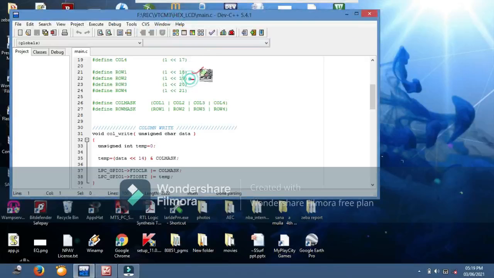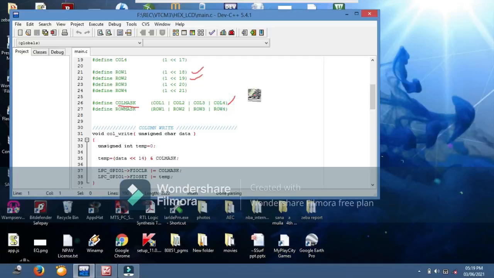For the rows, the 18th bit is 1, remaining bits are 0 for row 1; similarly row 2, row 3, row 4 use the 19th bit, 20th bit, 21st bit respectively. Next we define one more variable here, column mask, which is the OR of all the column bits.